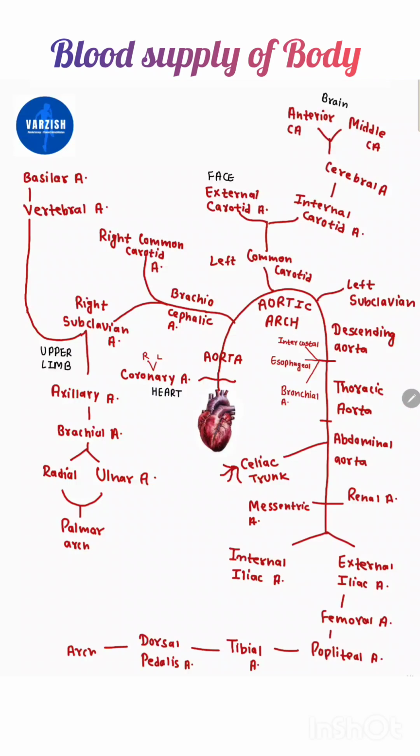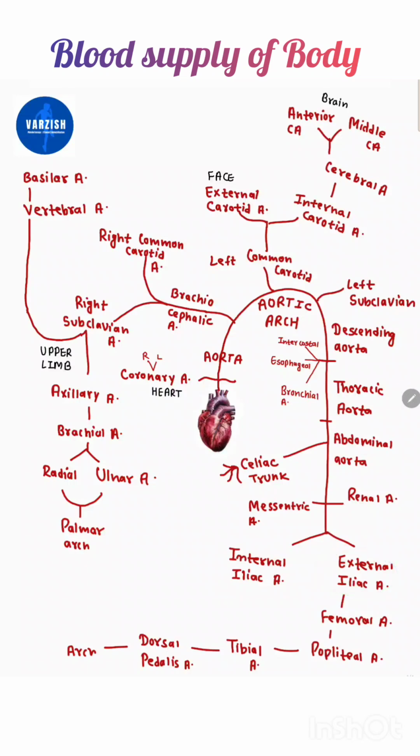Abdominal aorta gives branches. First main branch is celiac trunk, and celiac trunk gives branches to liver, stomach, pancreas and spleen. Then abdominal aorta gives branches to kidney and small intestine, that is renal artery and mesenteric artery. Abdominal aorta then divides into two iliac arteries. First is internal iliac artery, which gives blood supply to pelvic organs, and external iliac artery which enters into the